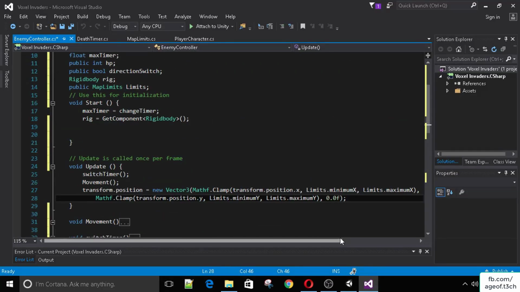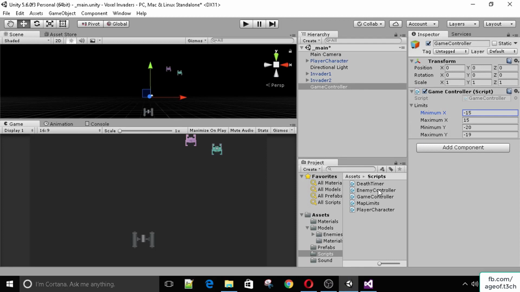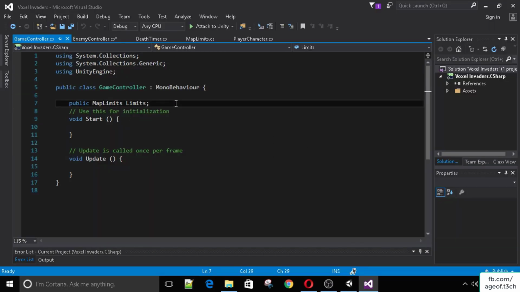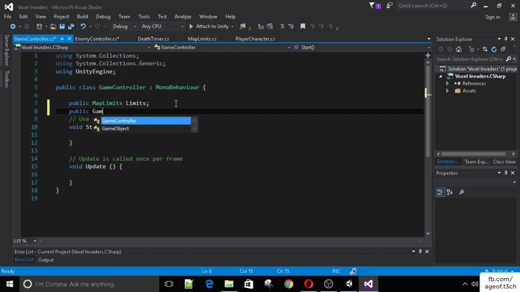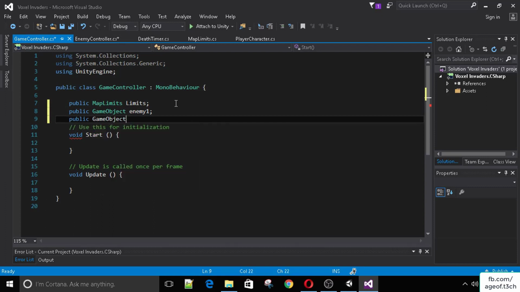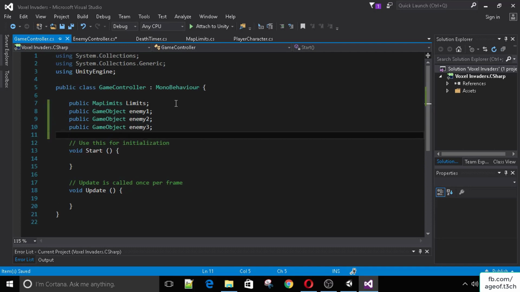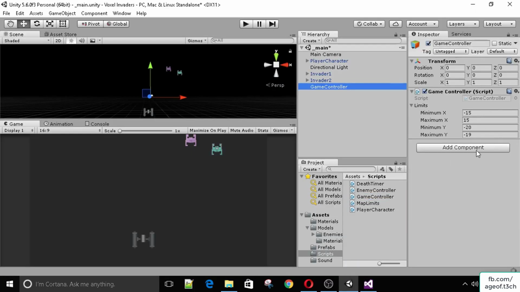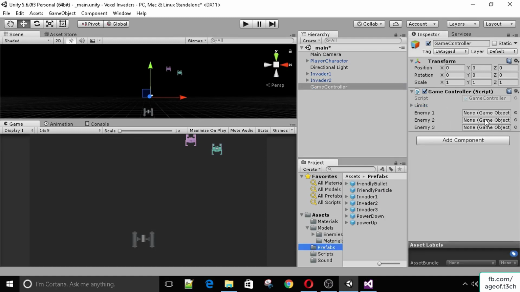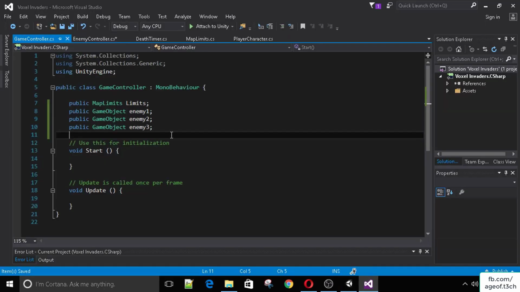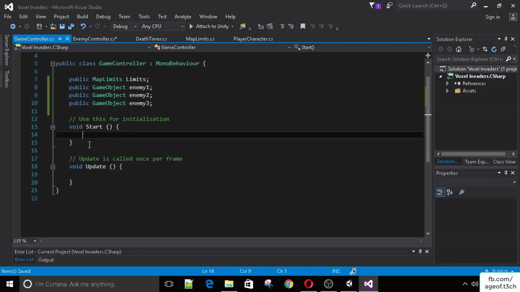And also now we need to reference the enemies that we want to spawn. So let's open this script and let's get a public game object. Whoops, public game object enemy1, public game object enemy2, public game object enemy3. Okay, we can now fill these up with our prefabs. So let's drop our invaders here in these slots,